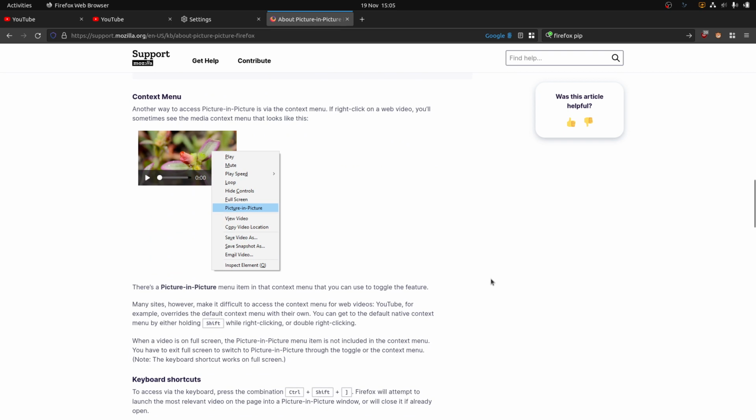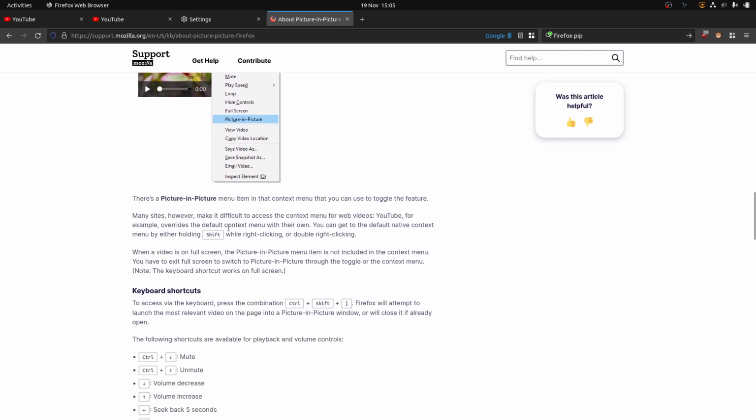So this section here: many sites, however, make it difficult to access the context menu for web videos. YouTube, for example, overrides the default context menu with their own. You can get the default native context menu by either holding shift while right clicking or double clicking. So that's what I'm showing you